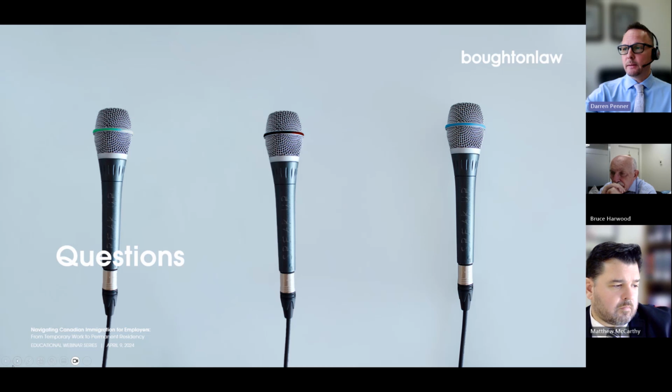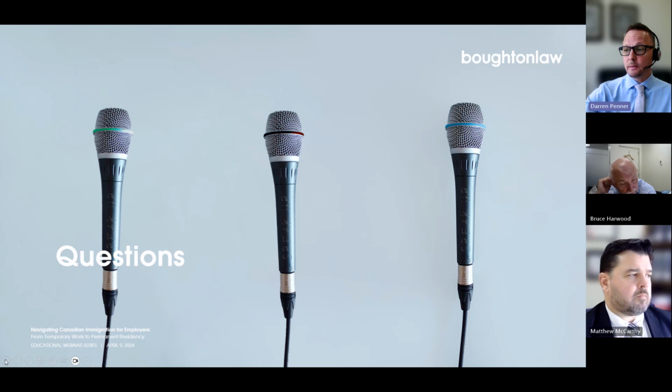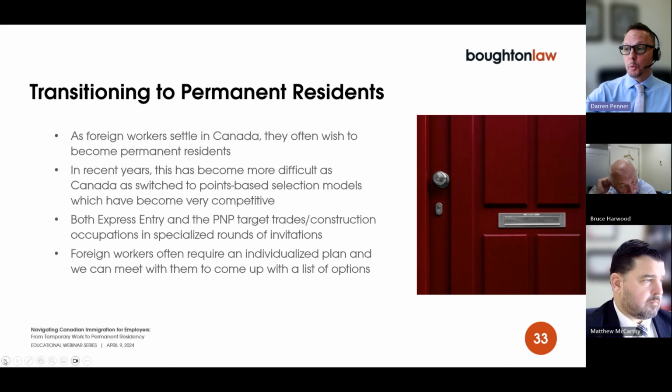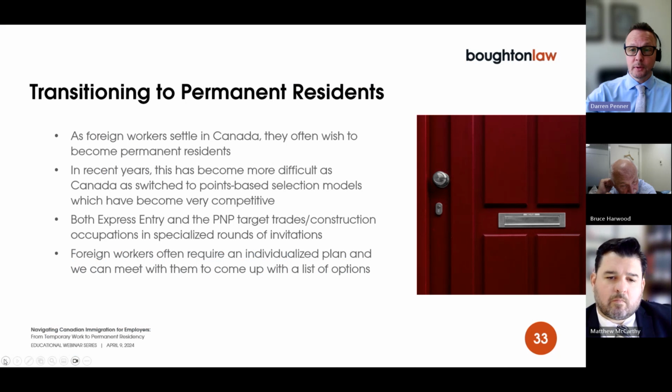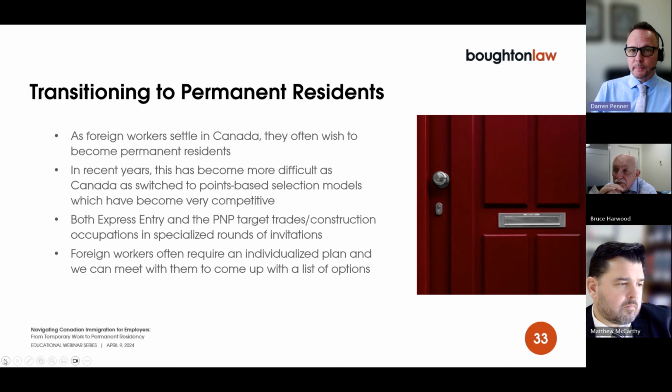It's still happening. They haven't issued a round of invitations specifically to construction since December 19th. At that time, the score required was 425. That's not horrible. I think it's possible for tradespeople. It is generally going to require a little bit of post-secondary education, though, and especially if the person isn't well into their 30s, they're still going to be getting a lot of points for age. So it is possible.